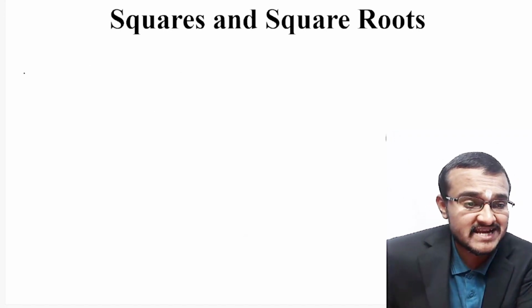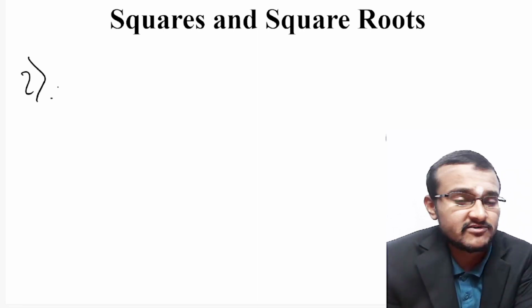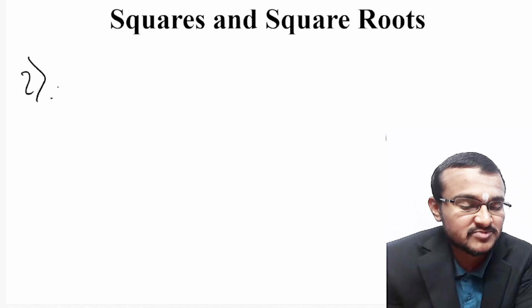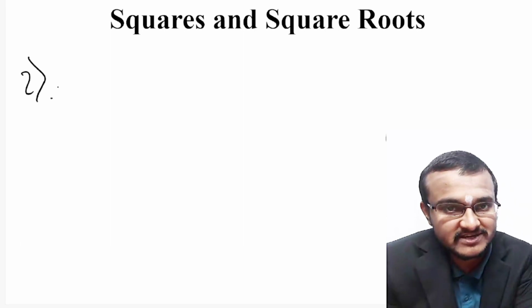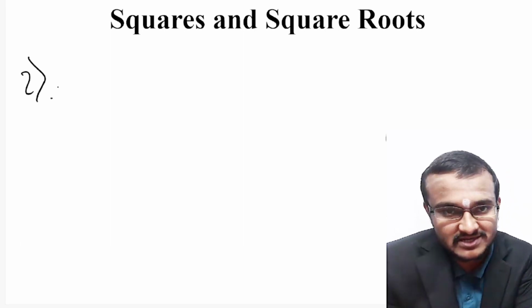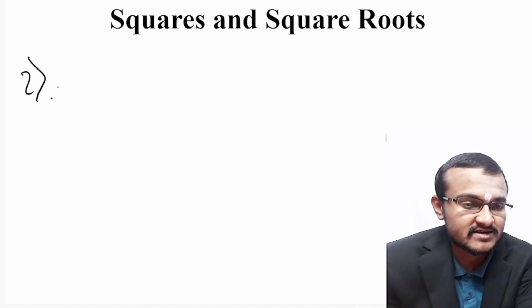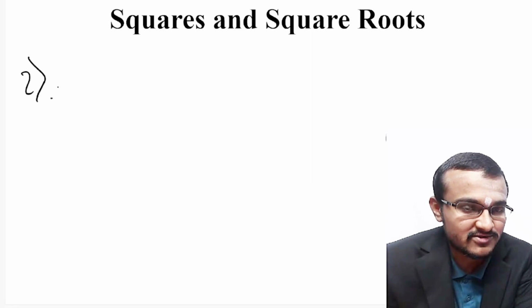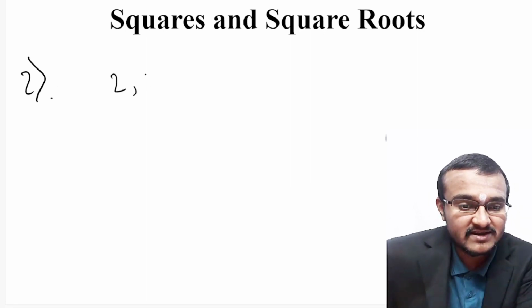Coming to the second question in this particular exercise 5.1, they have given a certain set of numbers in this second question. So you should give the reason why these numbers are not perfect squares. They have given all these numbers as not perfect squares, and you should find out what is the reason for it. So before going into solving this question, I will just give you a concept